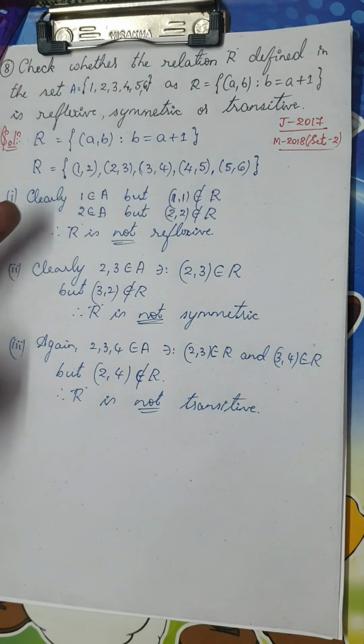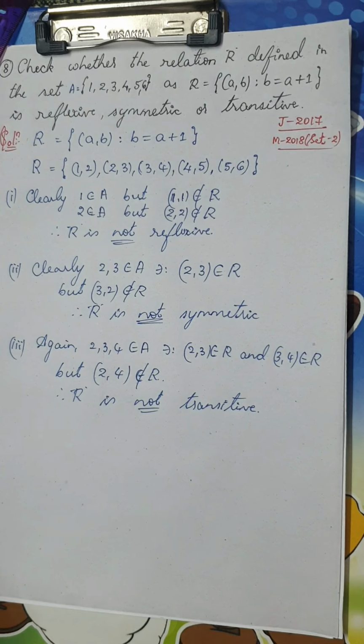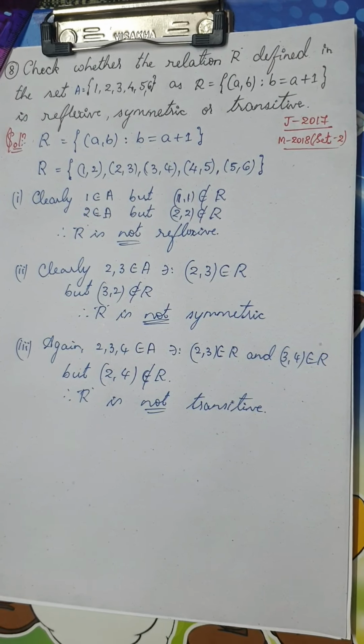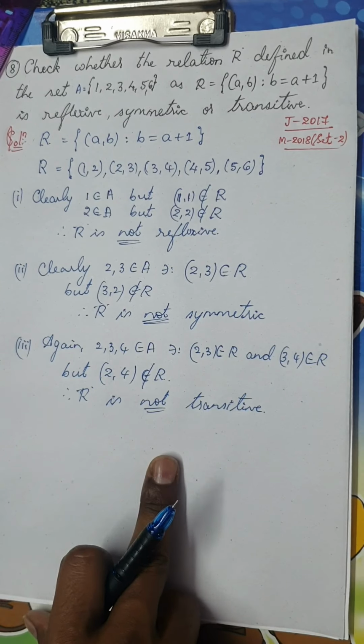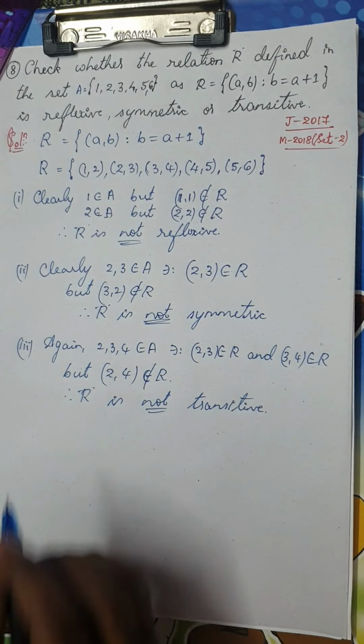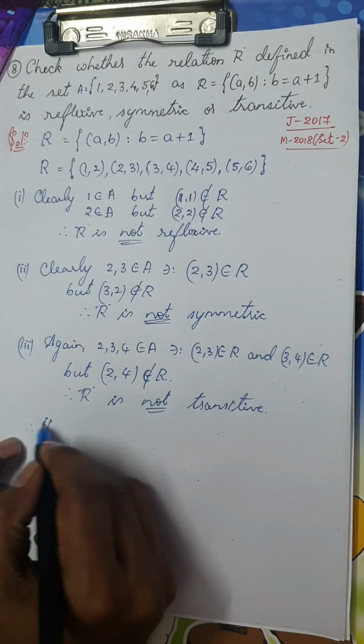So it is neither reflexive nor symmetric nor transitive. Is it clear? Now you need not write the direct conclusion that R is not an equivalence relation. It is understood. Okay. If you want, for your satisfaction, you can write hence